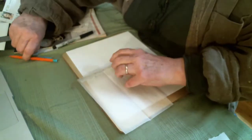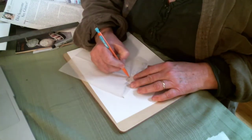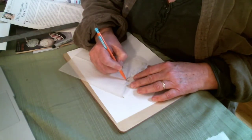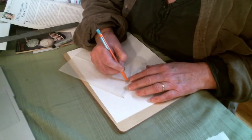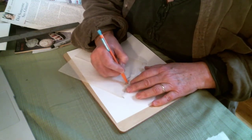All right, but I'm just going to come back over here. I'm going to just trace it this way. But yeah, I use that little rubbing the back of the line a lot to transfer design. Now,